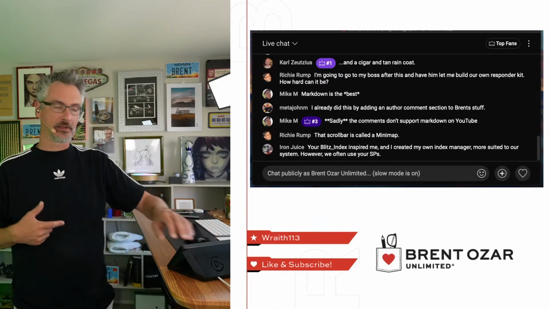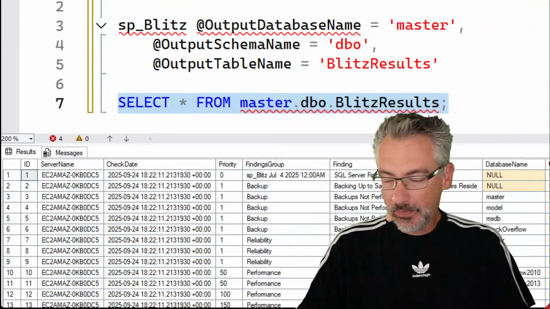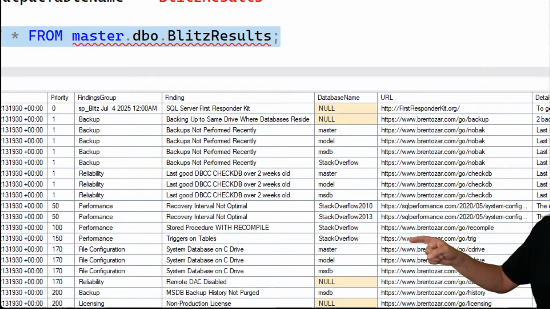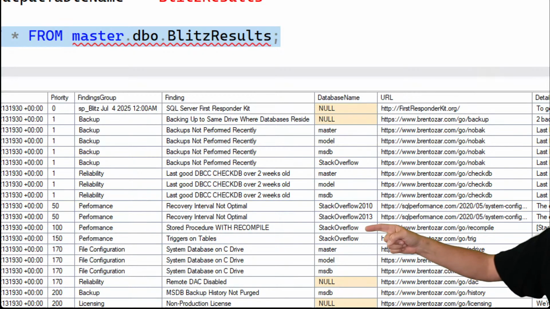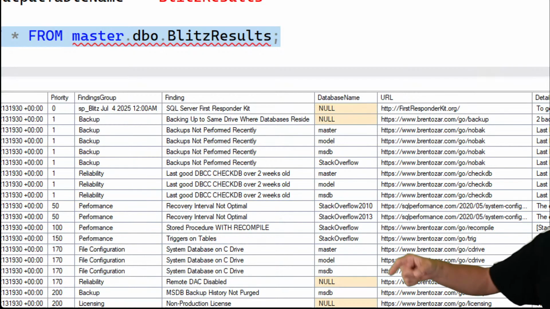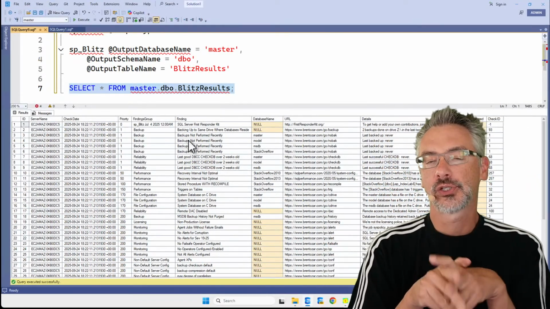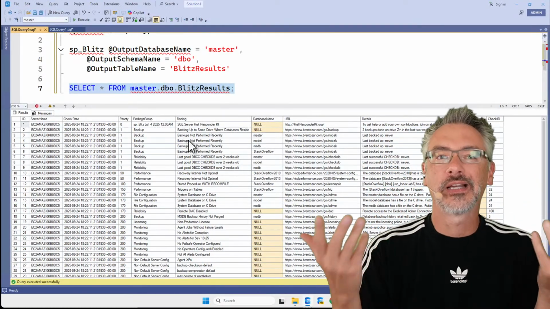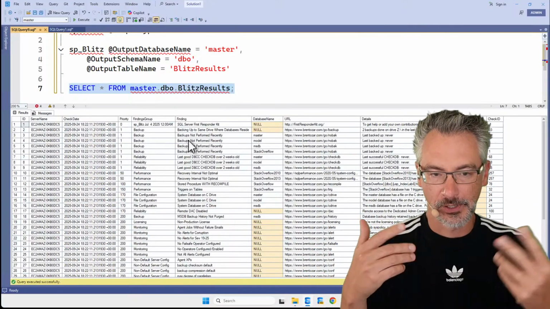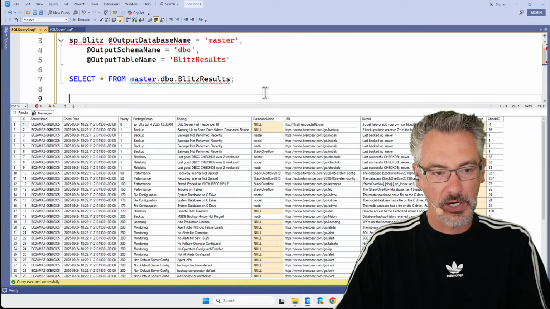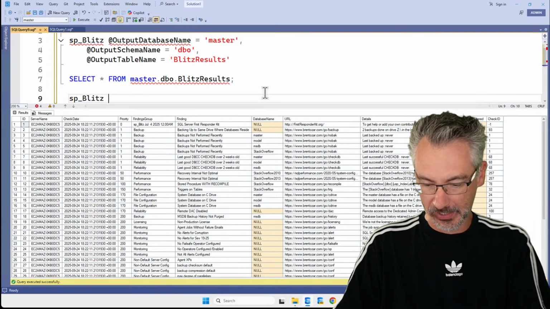Let's go back into there. Some of you probably have, for example, there's a warning in here, stored procedures with recompile. You may not have control over that. You may have things like heaps inside the databases, stored procs with recompile, lots of linked server users, whatever it is. So if you have databases that you can't control, another useful parameter is sp_Blitz